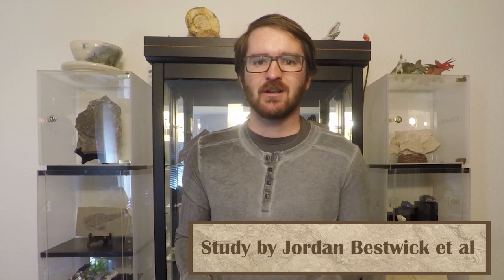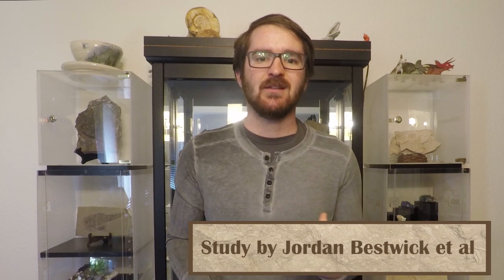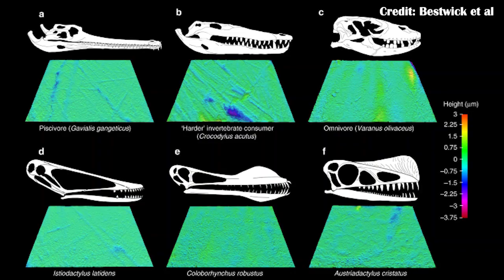As for another group that was getting its start in the Triassic, we can look at the Pterosaurs, like one paper did, although it didn't look at just the Triassic pterosaurs, but rather a wide range of them, specifically trying to understand the micro-wear patterns on the teeth of these pterosaurs to try and understand their diet. Whenever an animal eats something, what it eats will cause small scratches on the teeth. For example, if an animal is eating hard bugs, that will cause a different kind of scratch than something that is much softer. By using this and comparing the teeth of the pterosaurs to modern-day reptiles, the authors were able to find the diets, or at least expected diets, of many of the very early animals